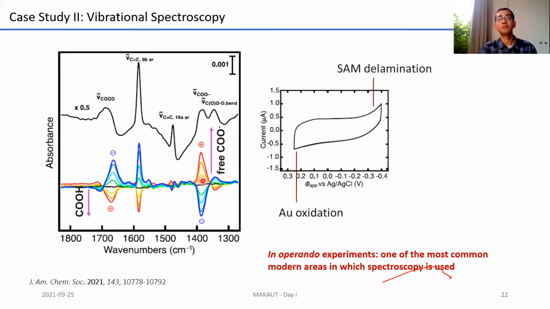So for those of you who will be practicing spectroscopy, in operando is one of the core areas of research where basically you study a system in operation. This is different from studying a system in equilibrium. For example, if you're doing work on solar cells, on batteries, or on something else which is a device, then you need to understand how chemical structures change as the device is functioning, right?